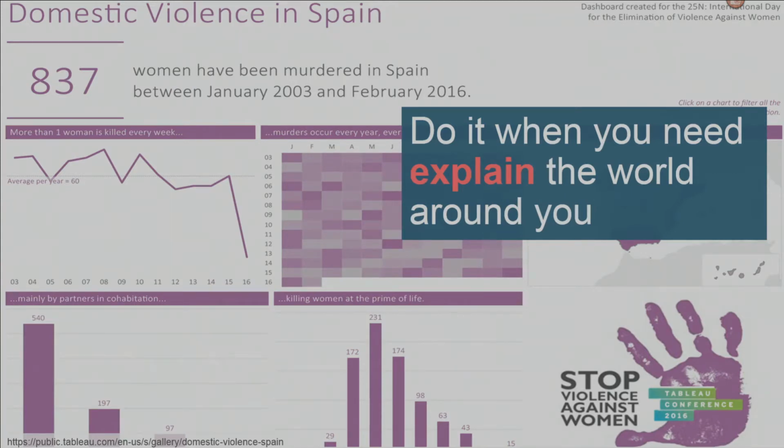So using a data visualization, he can help explain what's happening in the world around him, and he can explain that to other people as well. So you can use Tableau Public as a tool to express your views and ideas, but also to help understand what's going on around you. So use Tableau Public to explain what's happening to yourself and to those around you, just like Pablo's done with this visualization. And please come see him this afternoon. He's a really cool guy.